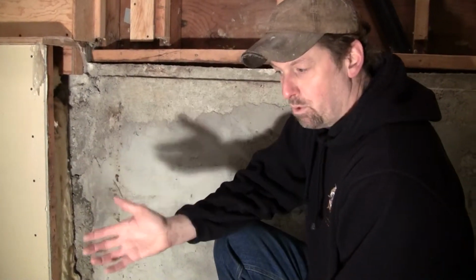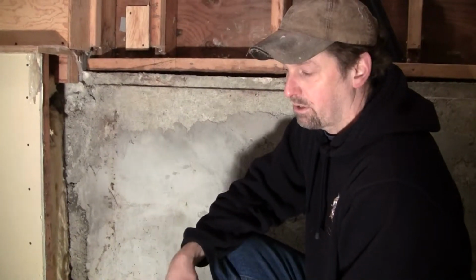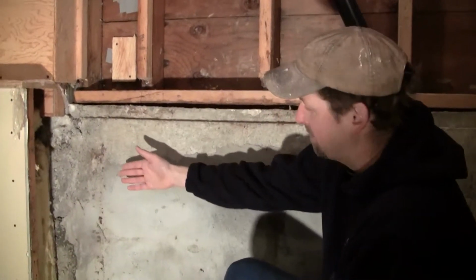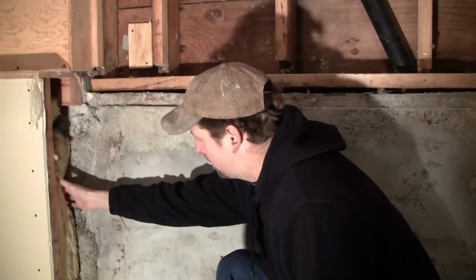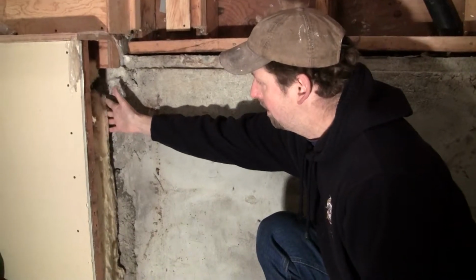So here we are in the basement. Alex is doing a bathroom renovation. And it's a little bit complex because we are below grade. We do have standing groundwater a short distance down from the slab. But we have multiple issues with basements, and one of them is the fluffy standard insulation up against a concrete